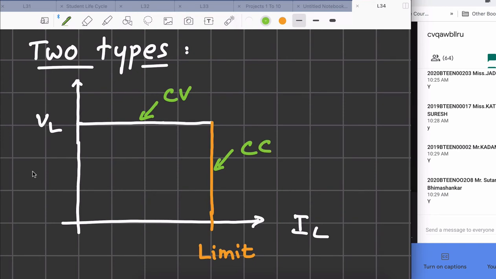Okay. So during this portion of the graph, you get constant output. It means the power supply works properly. In this portion of the graph, only current is constant, but the voltage is dropping. So it is not really a power supply, but a power supply which is controlling the output current so as not to exceed the limit. Did you understand this?